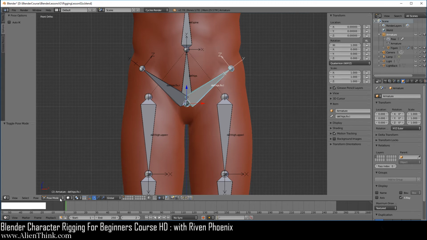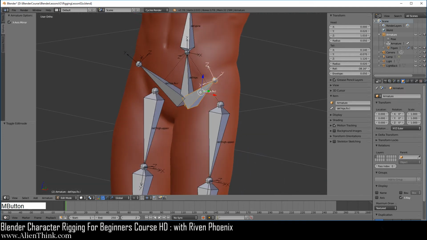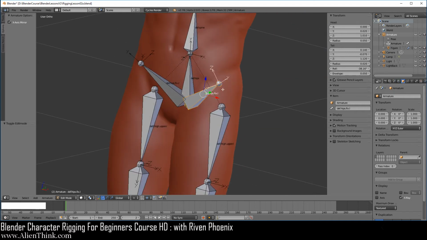So if we take a look at the bone roll for this bone, here it's set on -38, and that's fine. This bone is never going to be manipulated in any way. It's just a child of the hip bone. So wherever the hip bone goes, these bones will follow. So we are not going to be touching the bone rolls for this. Okay, so we're going to leave that be.